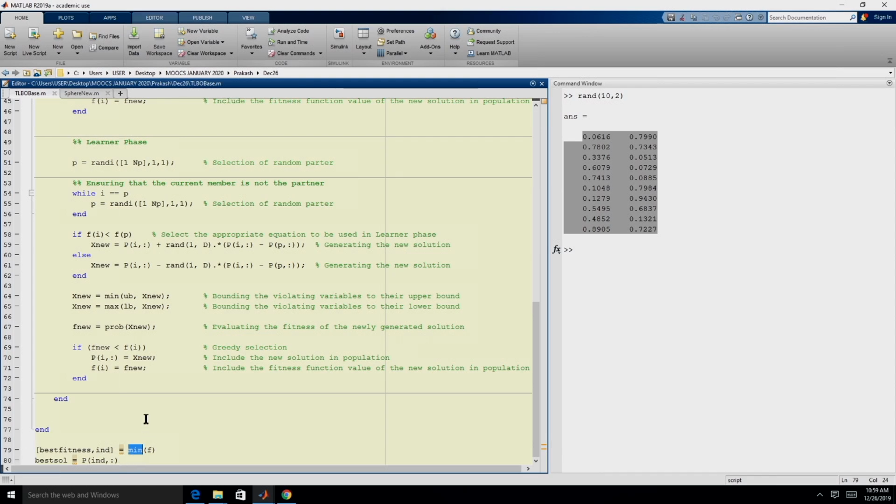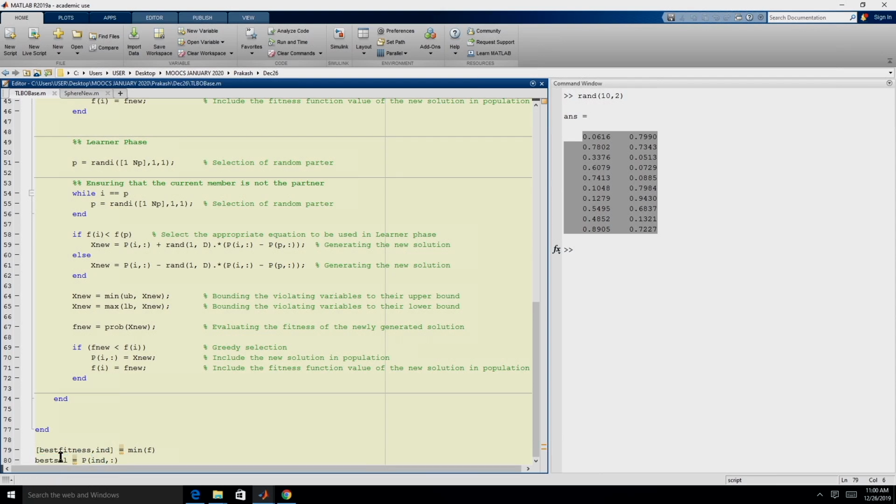Now we have a population and a fitness f at the end of TLBO. We are locating the minimum value and storing it in the variable best fitness, and we also require the location where the best value is present. Then we extract the population member corresponding to the best fitness, which we call best sol.